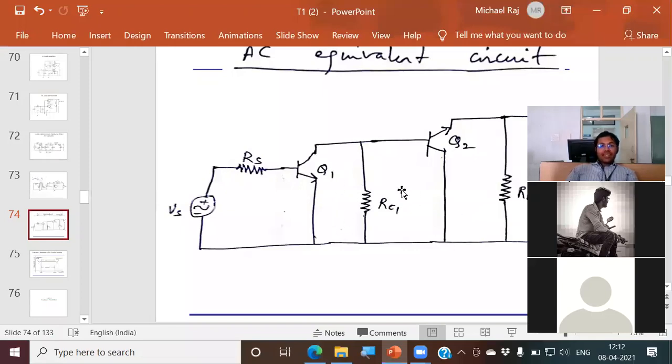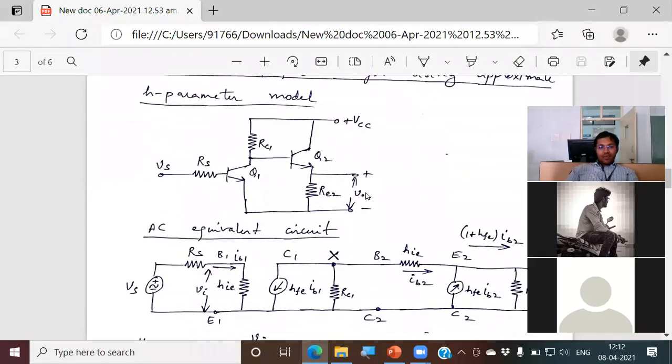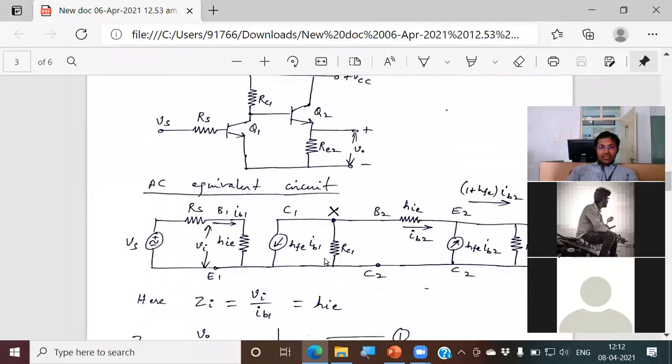That's it. Now replace the transistor by the approximate H parameter model, apply KCL, KVL, same process, repeat. That will be the circuit. Please try. I repeat, please try. This will be the equivalent circuit. We will continue in the next class. Very easy, very interesting, nothing to worry, just play. Okay. See, if you play cricket,